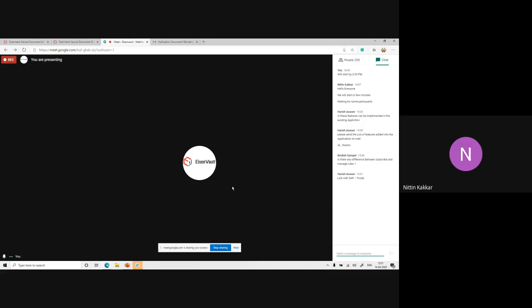Or whenever a file is uploaded, Nitin can be notified. You can also rename files, copy files from one folder to another, or move files. That's how you can automate actions using rules.